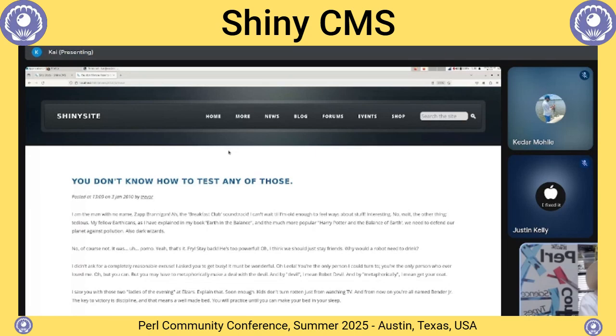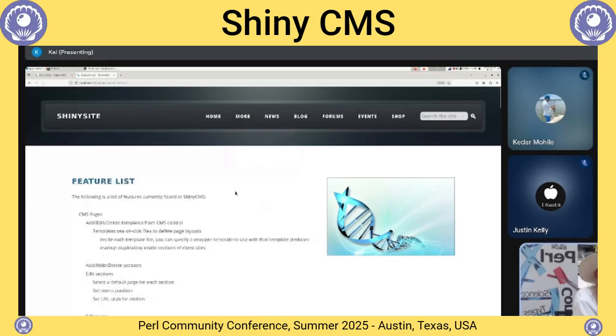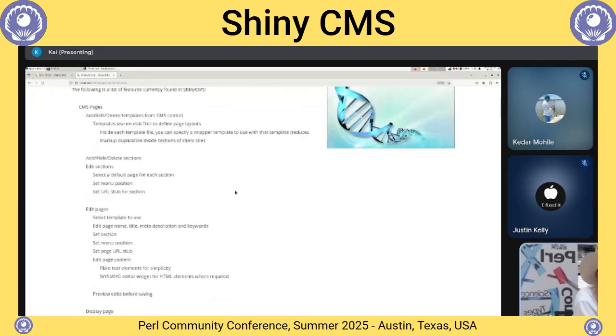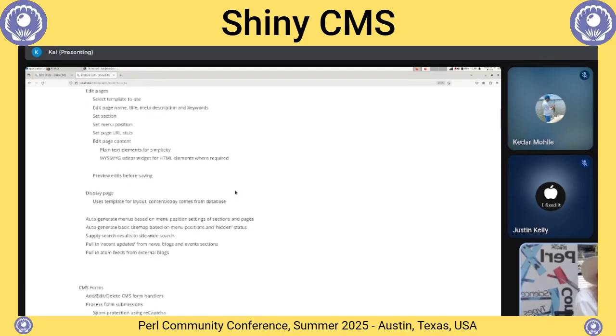Okay, let's go back to more and go down to the feature list, and let's just skim through that real quick. I thought it was under more. When you hover over more, it said feature list. Yeah, there it is. Okay, so web pages, sections, I guess, that contain multiple pages. Keep going down slowly, but just keep scrolling. Displaying pages, editing pages, menus, auto-generating menus,